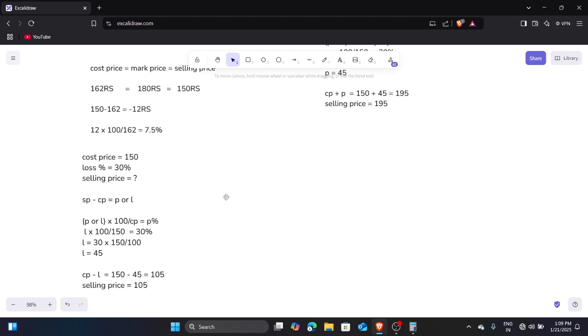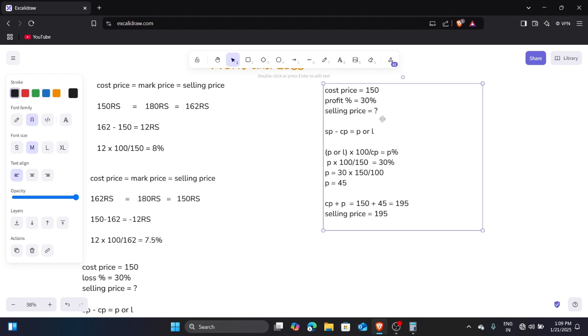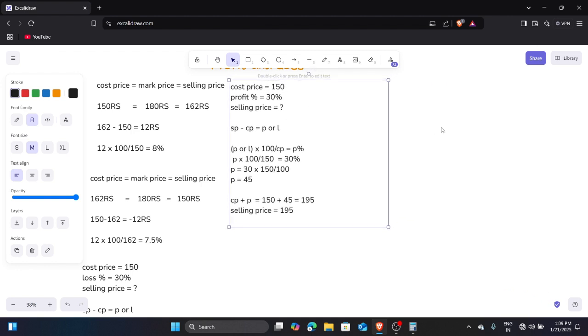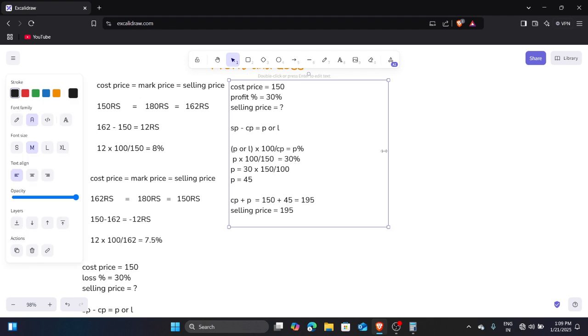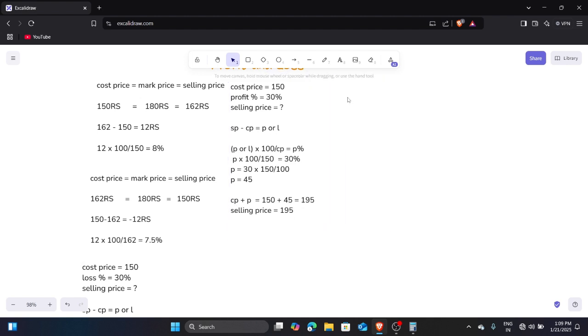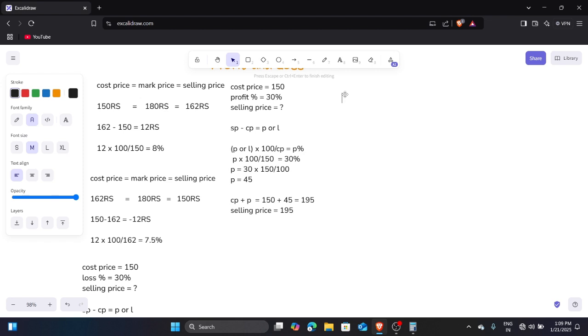There is no need to do this many lines for this type of question. You can do this in a simple way, in four to five lines, maximum. So how can you do it? Just see. If the cost price, CP, of the thing is 150,